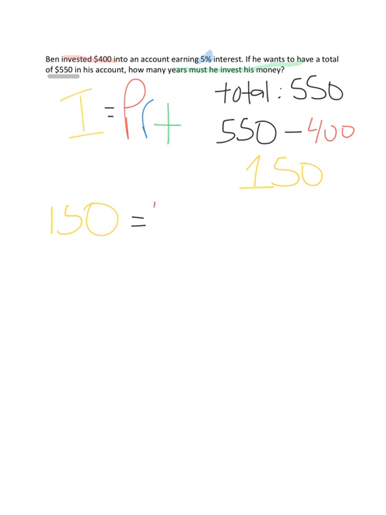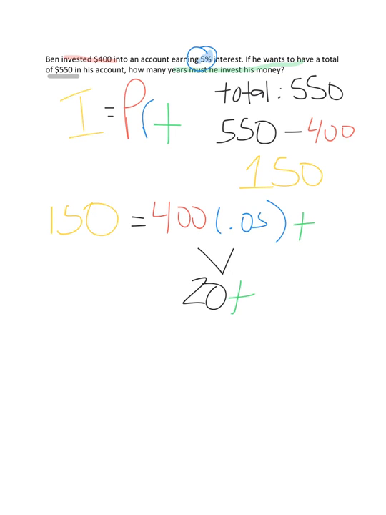The principal amount is 400. The rate, and make sure we express it as a decimal, is 0.05. And last but not least, we're trying to solve for t. So we're saying how many years will it take him to earn an interest of $150. We'll multiply 400 times 0.05, which will give us 20